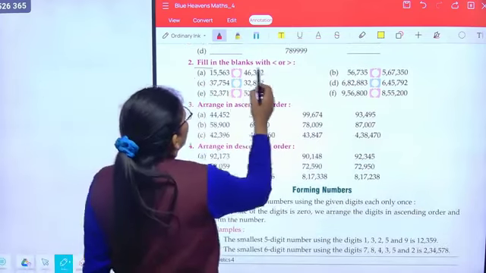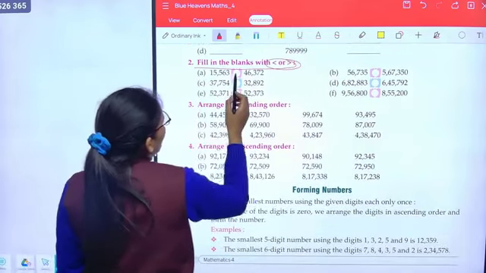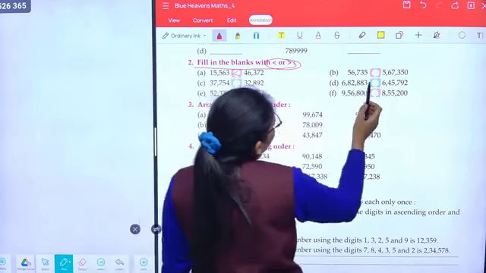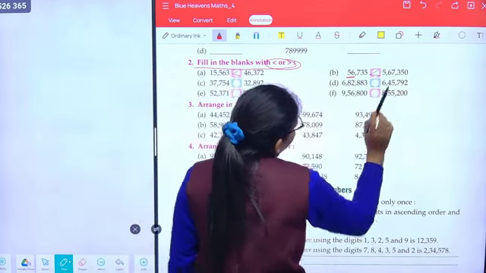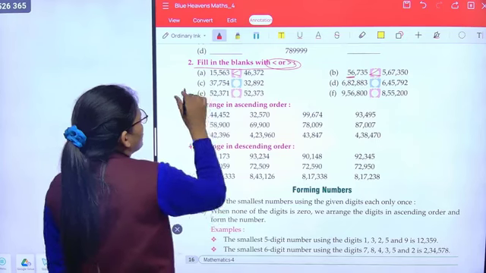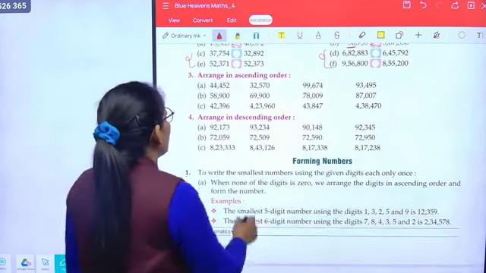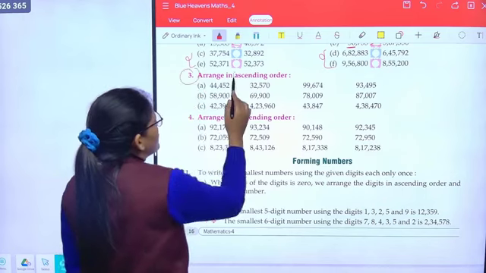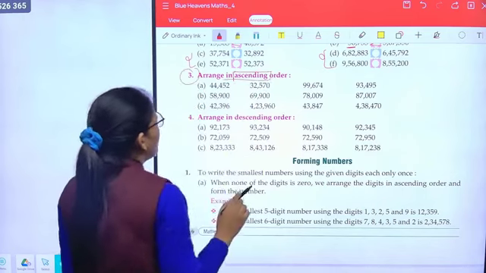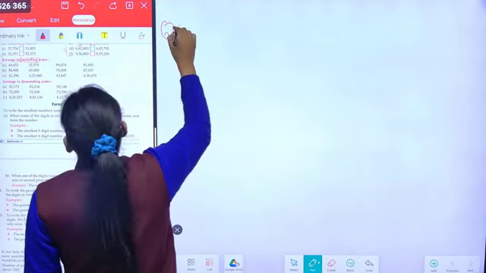Fill in the blanks with these signs. Now, it is bigger. Okay, it is bigger. Rest of the parts, do yourself. Now, class, arranging ascending order. Firstly, we have to arrange in ascending order. Question number 3,